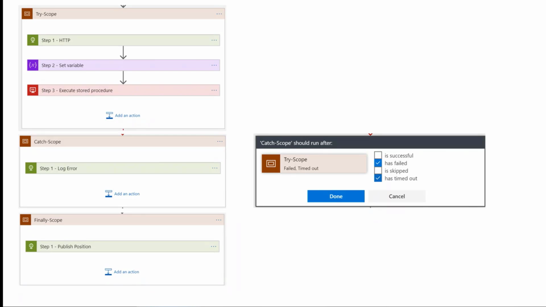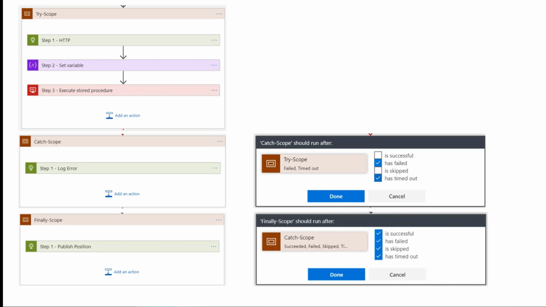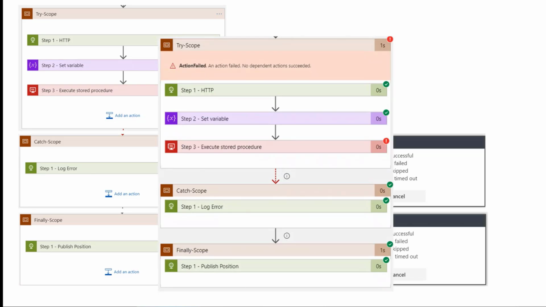Do it proper way. So again, finally below, and then we need to again go to run after settings and do if the catch is successful, as failed, skipped, or as timeout. We don't care. All the options. It has to be executed because this is the concept of the finally. So if the try is executed successful, it will run the finally. If the try fails and runs the catch, then the finally needs to be executed either way. Okay. This is how we do the try catch